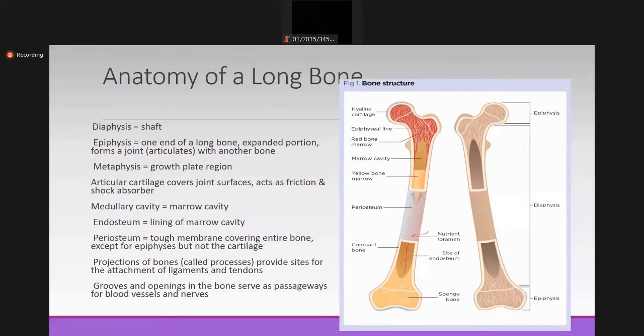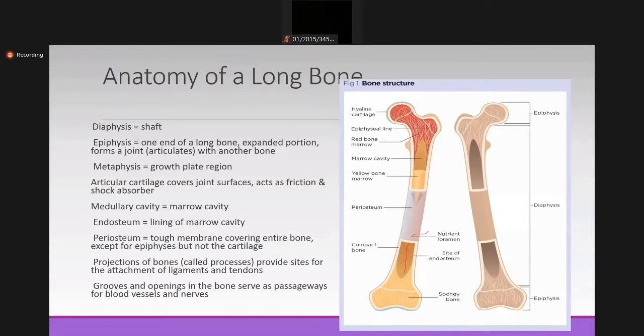Now you have two membranes of the bone, the periosteum and the endosteum. The periosteum is the tough membrane, the outermost covering of the bone. Again, the periosteum has two parts, a fibrous part and a cellular part. The fibrous part is towards the exterior, whereas the cellular part of the periosteum is in contact with the bone. And the endosteum is also present along the area where you have the central cavity of the bone, or the marrow cavity.